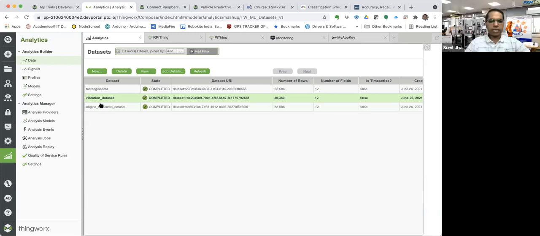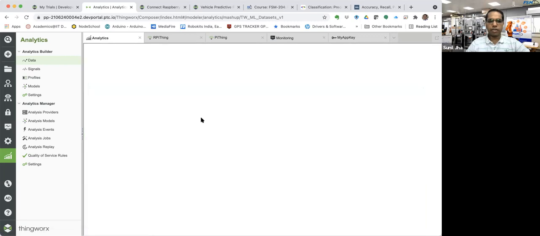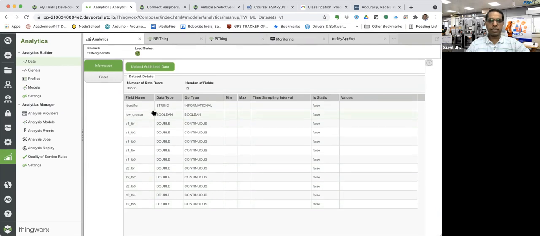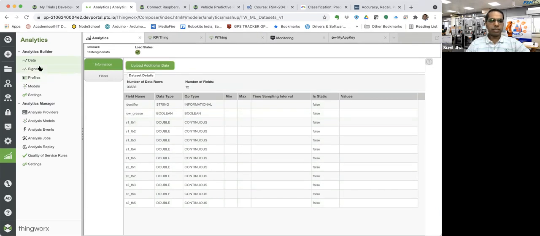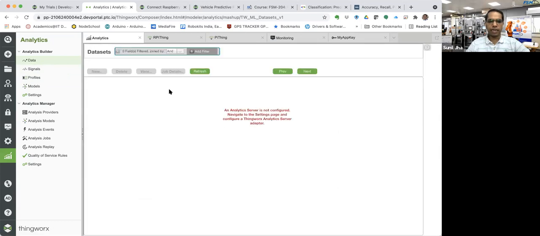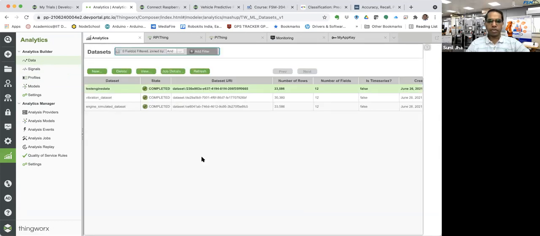Okay. So this is the test engine data that you have seen here. I have just brought in that test engine data right now. The first step is done. So you can view the test engine data here also. These are all the sample fields that are being captured over here. And I will just go back to the data. So you have brought that Excel data into the ThingWorx server right now. So this is your data that has been created.